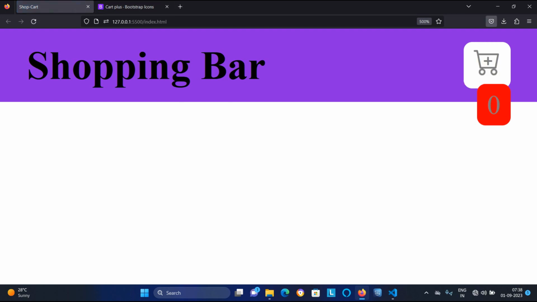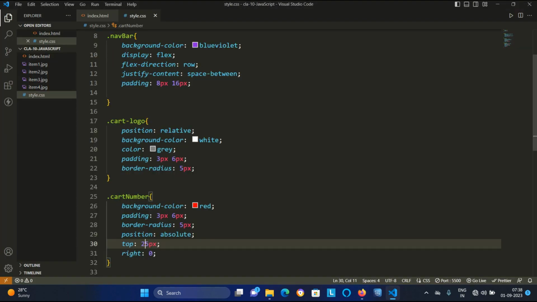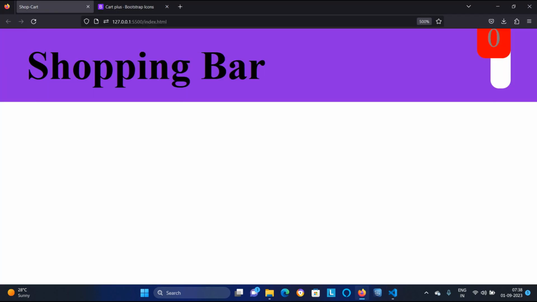So it is coming down, but we don't want it at the down position, we want it at the top position. If I am using positive values, it is coming down. So if I use negative values, means minus 15 pixel, then here you are looking it is going at the top. I don't think minus 15 pixel is okay.